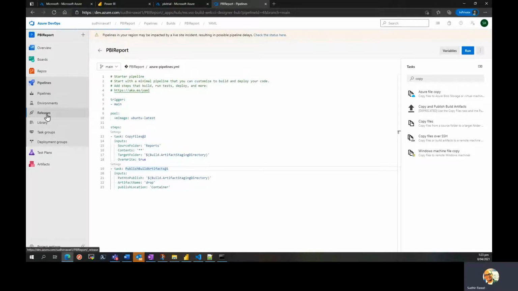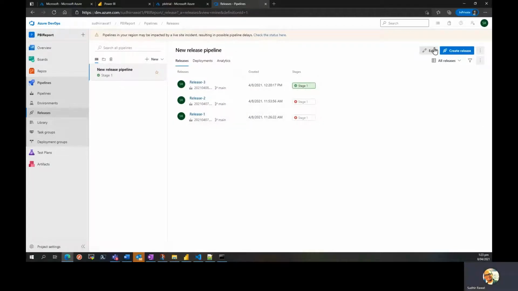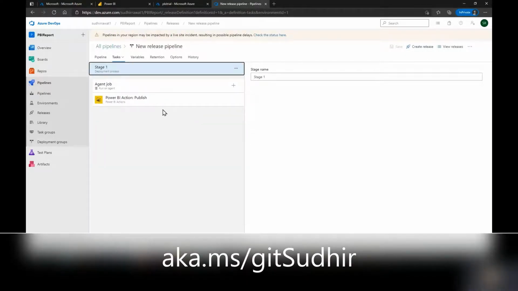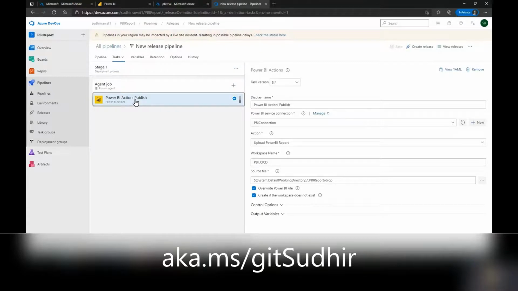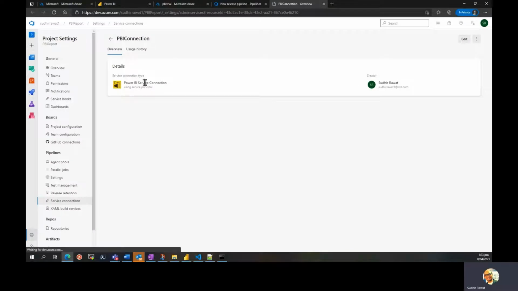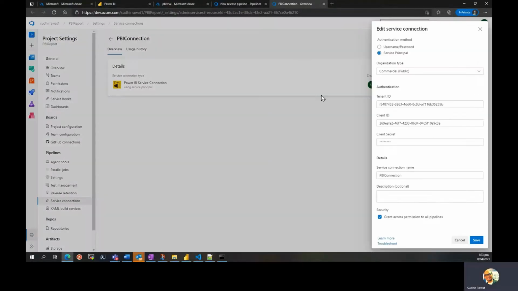Over here, if I click on the release pipeline, as you can see, this is my source, and if I go to the stage and the task, one, I'm actually using the Power BI Action extension. I'm probably going to provide the link in my GitHub repository, and that makes life easier. You just need to provide the connection. As you can see, I have provided a connection, and if I click on manage this connection and open it, over here by clicking on edit,